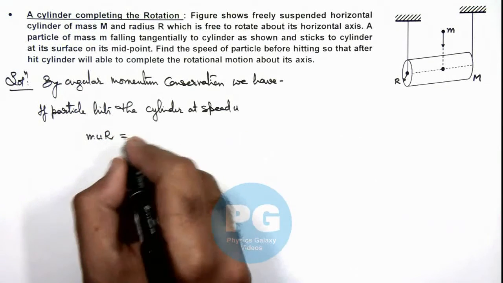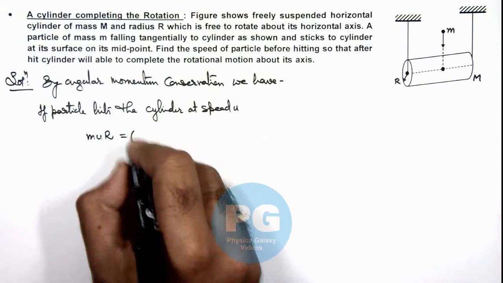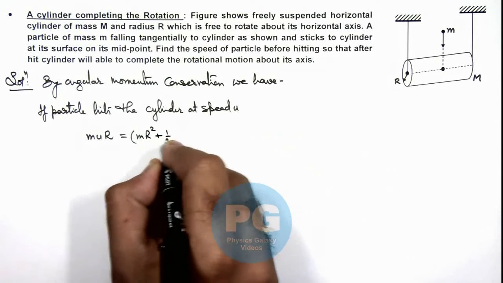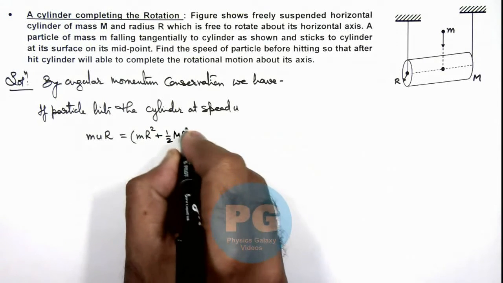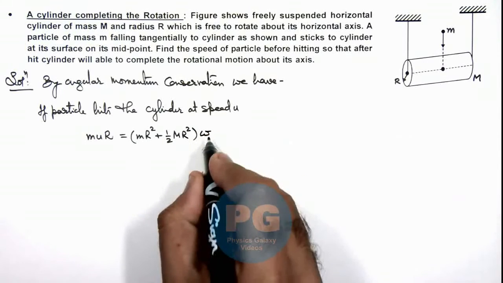After hitting, as it sticks to the cylinder, its moment of inertia will be mr square for the particle and half capital M capital R square for the cylinder, multiplied by omega,